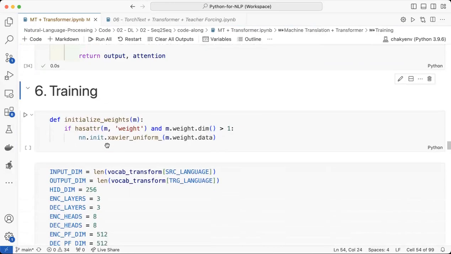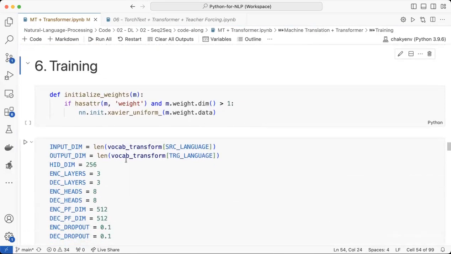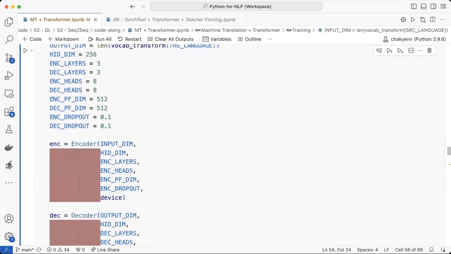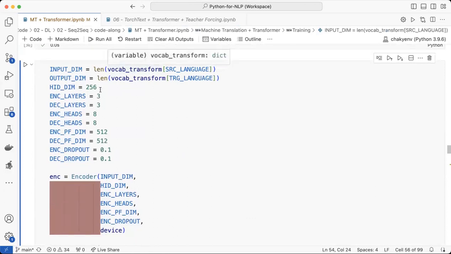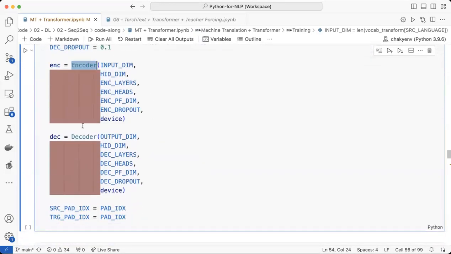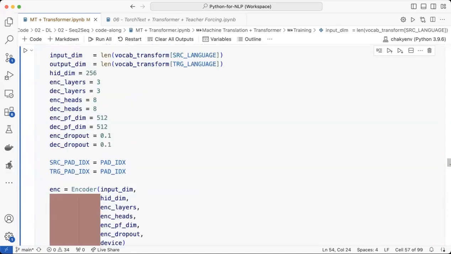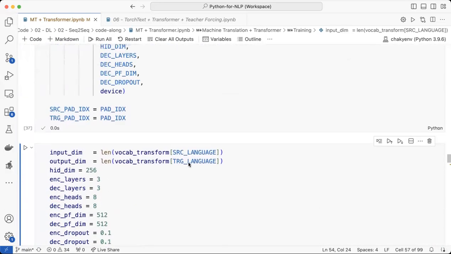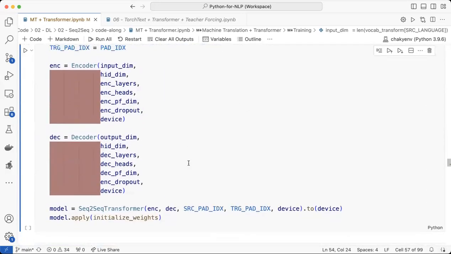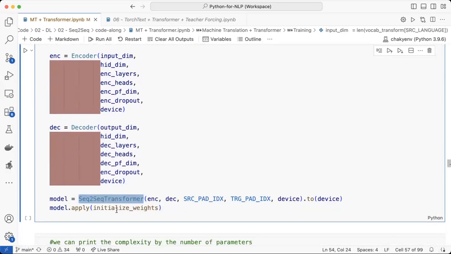Okay, so now we can actually do the training, and here is something that you are already very familiar with: initializing weights, initializing a lot of parameters. Here I'm using only 3 layers of encoder and decoder. In the paper they use like 8 or 6. So you can use as many as you want, but it's going to take a lot of time. And I initialize the encoder and decoder. Anyway, and then this is the sequential transformer,